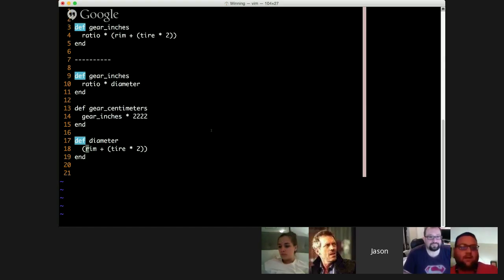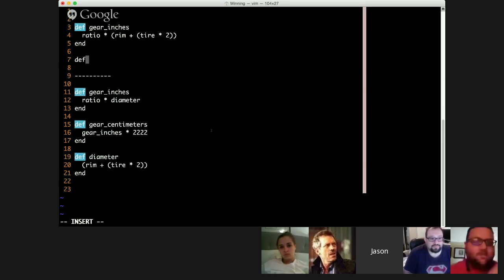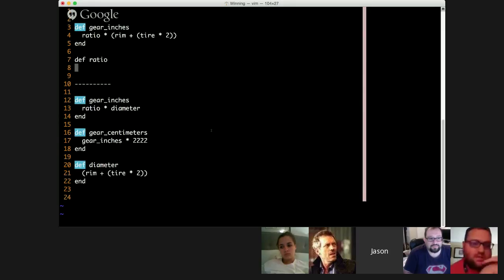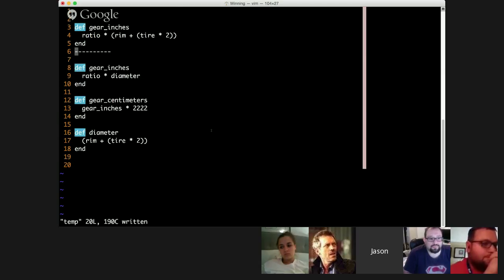So this is the getter method here. Yeah. So now, if you go and set the rim and tire, it should convert everything over. Well, and you have to have ratio too, but yeah. You'd have to define your ratio somewhere. But yeah, that was a really cool thing, the diameter. And you're right about the gear centimeters. That's a cool idea too, because by doing that, it actually makes it much more